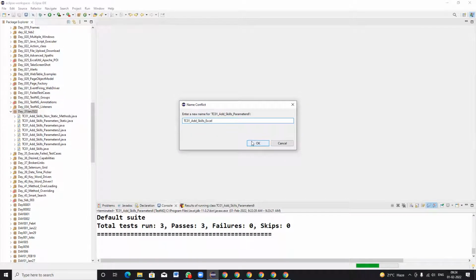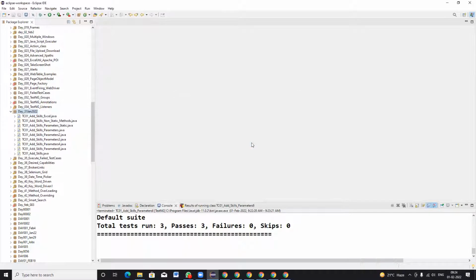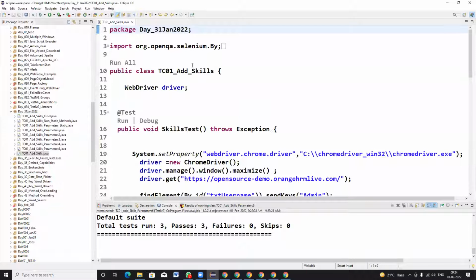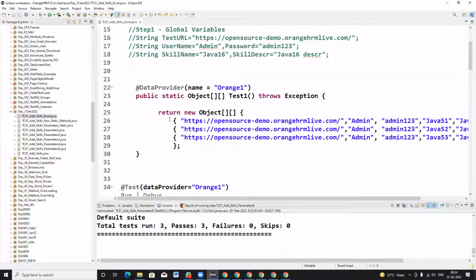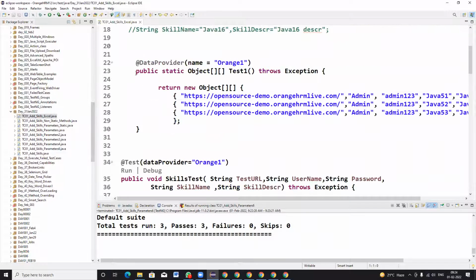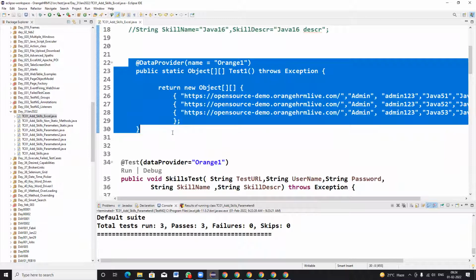I mentioned add skills underscore Excel, I specified it. One second, where is that? Okay, let me copy that. So I have taken the data provider program, and I'm removing this data provider syntax.